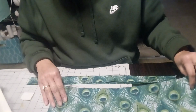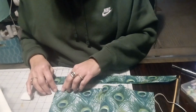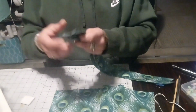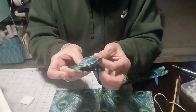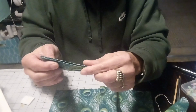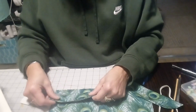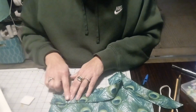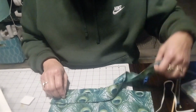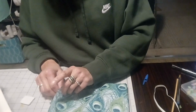So what you're going to do is you'll open that up and you want to measure up 1 inch. And so I'm just going to mark this 1 inch, and you'll take your straps and you'll put the ends together like this with the stitch side facing forward. So you'll place it on that mark, that 1 inch mark, and these stitch lines are going this way towards the bigger part of the brim. And then you'll just kind of move these out of the way, tuck them in a little bit, and bring your other piece over,